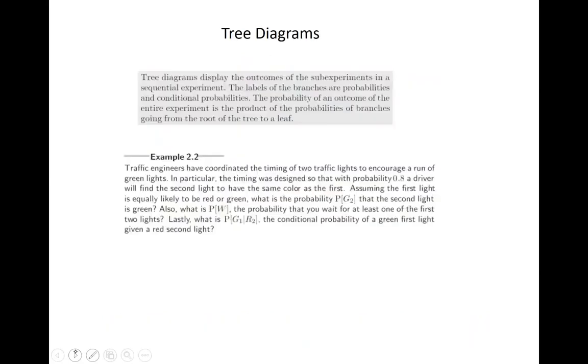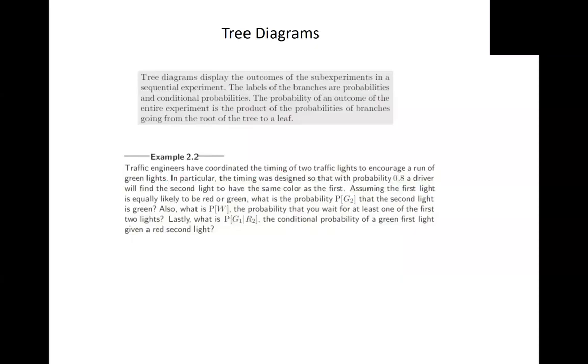Let's start with tree diagrams with an example. First of all, tree diagrams are simply a way to display the outcomes of a sequence of experiments. Usually they are called sub-experiments. And we can see probability values, conditional probability values using the tree diagrams. In this example, you see